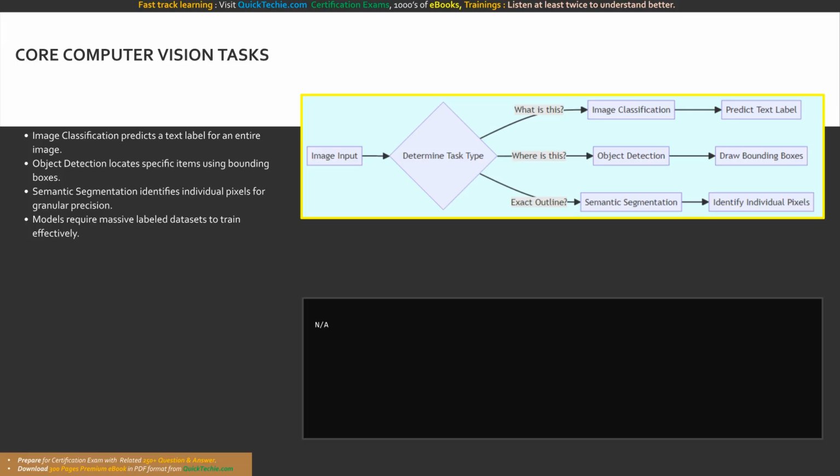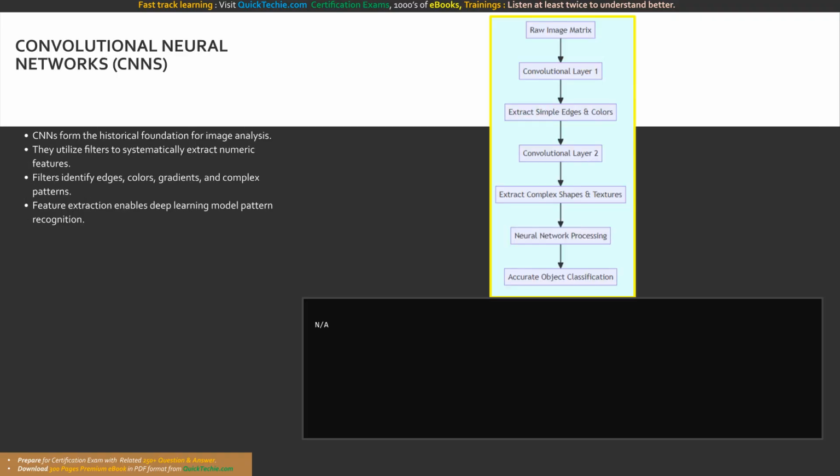This diagram breaks down the three core analytical tasks. Depending on the question asked of the image input, the system branches. What is this? Triggers image classification. Where is this? Triggers object detection for bounding boxes. Exact outline? To understand how image classification and object detection actually function under the hood, we must explore convolutional neural